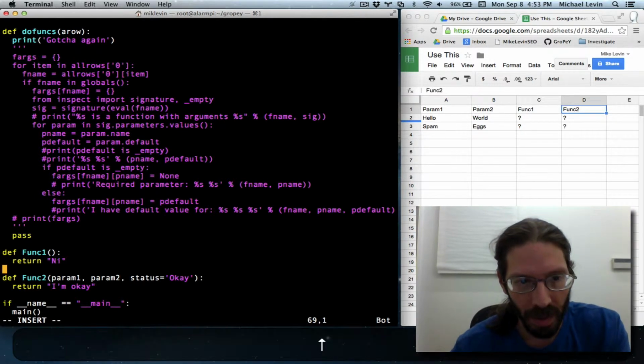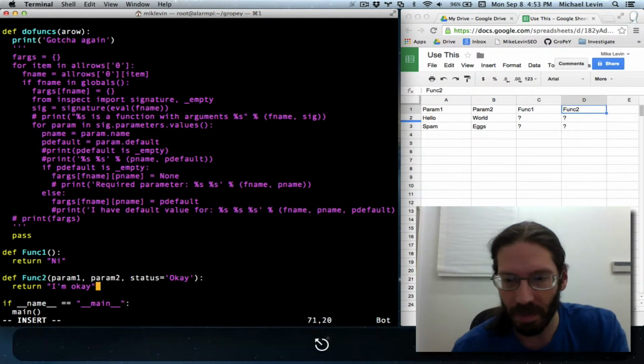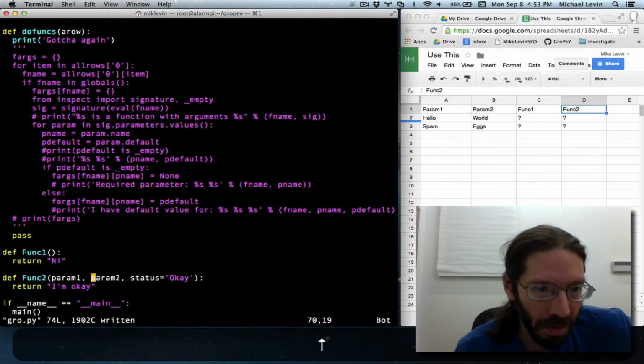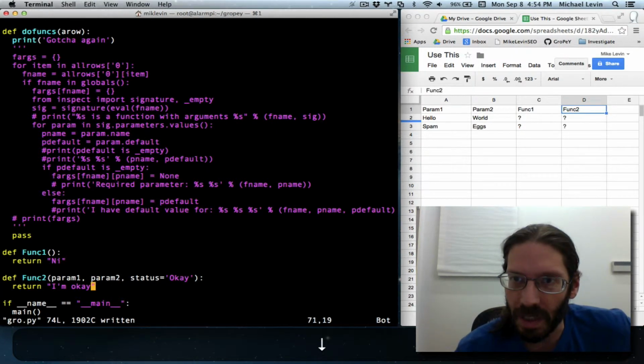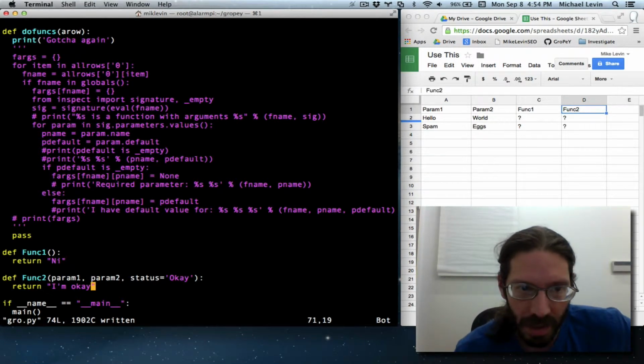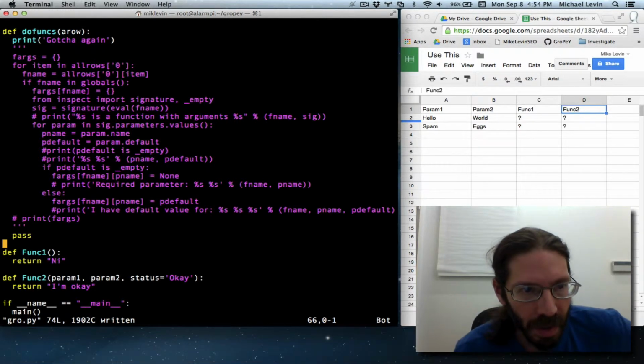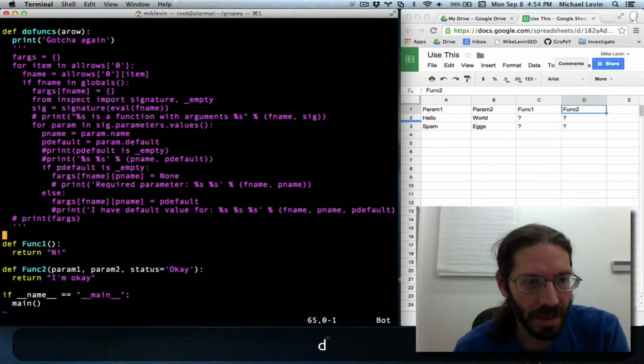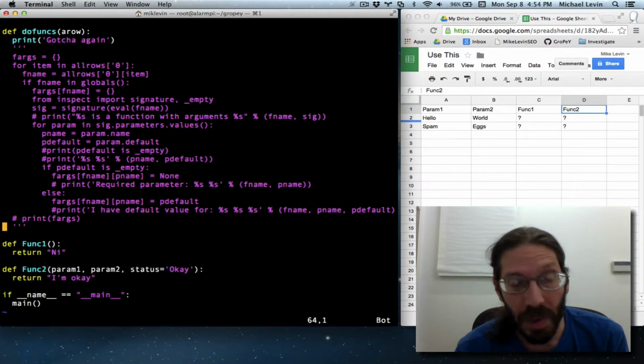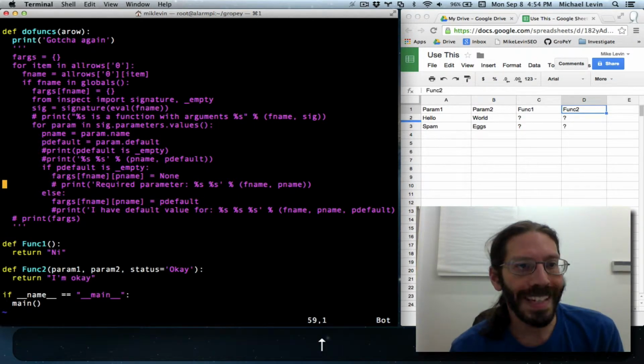You might say, why lowercase when it's upper and lowercase there? Well, there's some things I remember from GData about having to lowercase column titles, and I'm just doing that for being cautious. Okay, this pass doesn't apply here anymore,